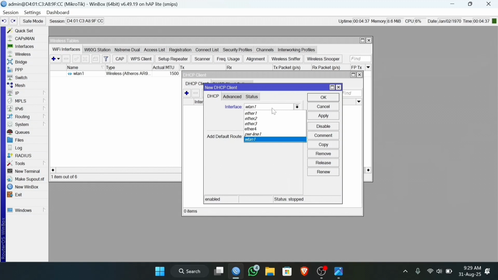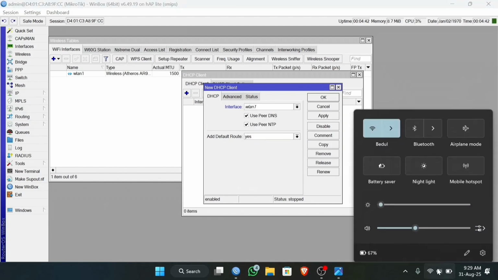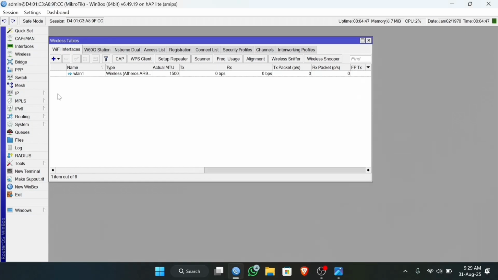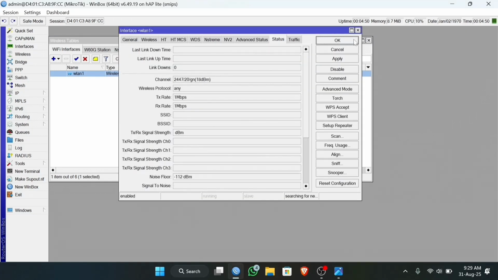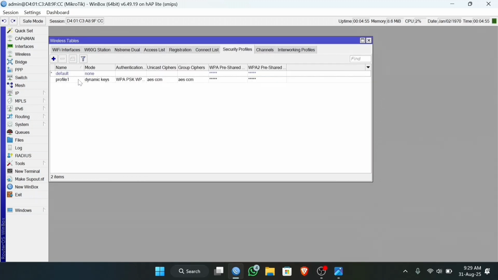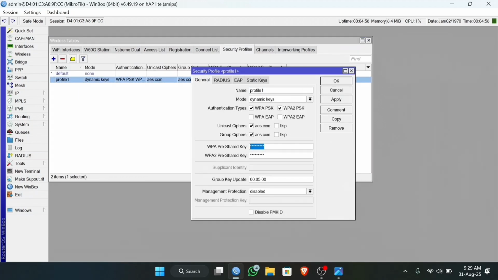Why is wlan1 not running? This is very annoying, guys. So we'll check again. Maybe I made a typo in the security profile. We will insert it again.